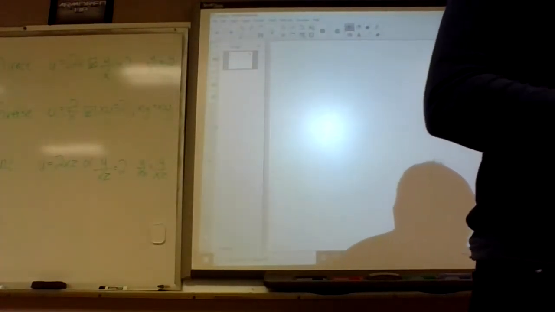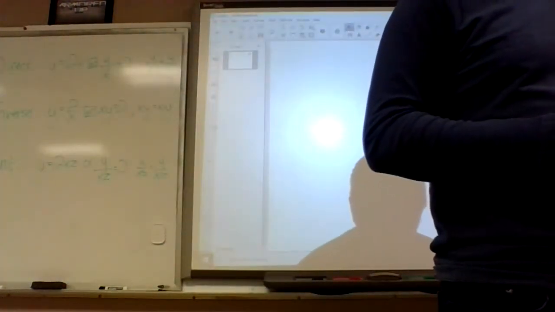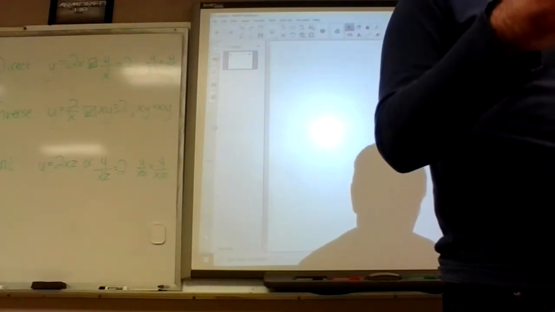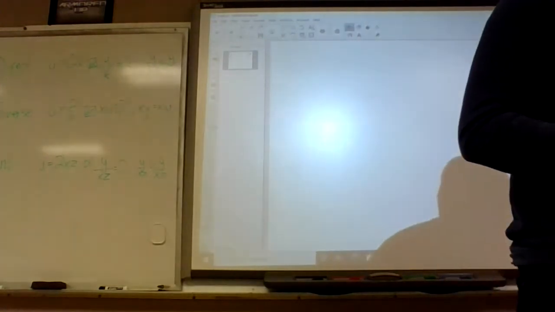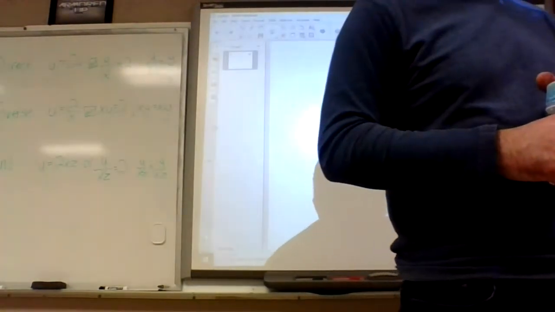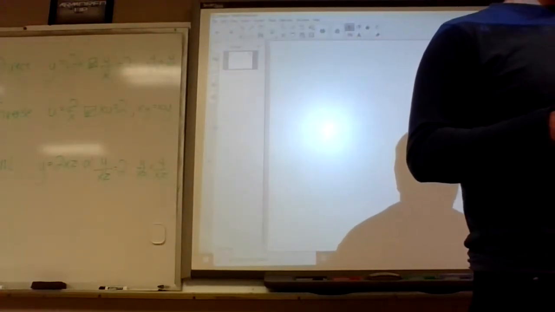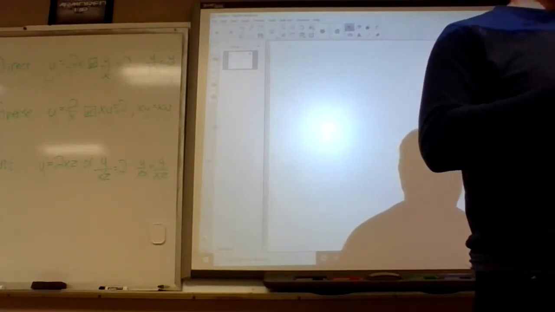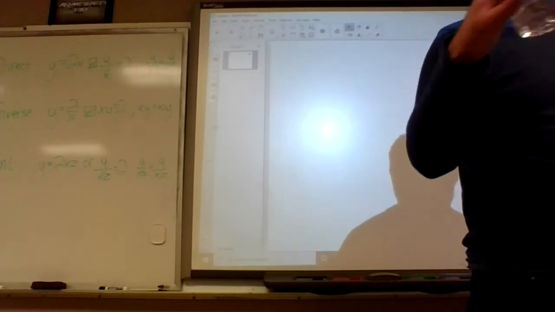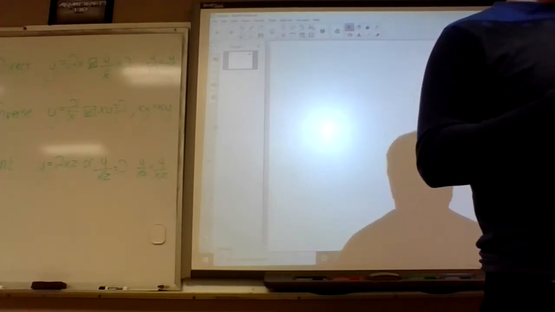So 2A, rolling a 3 or a 5 on a number cube. Inclusive. Okay, so they're saying one roll. Can you get a 3 and a 5 at the same time? No, it's mutually exclusive. I don't quite understand. You can't get a 3 and a 5 at the same time. Well, it said or. So in one roll, it means can you get 3 or 5, like two separate things. Okay.